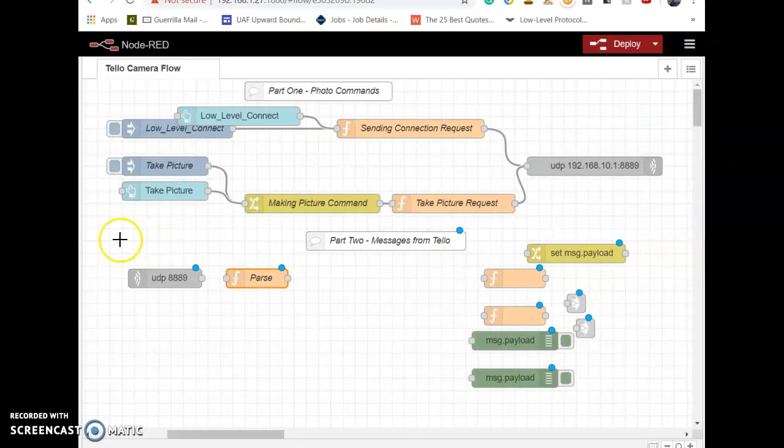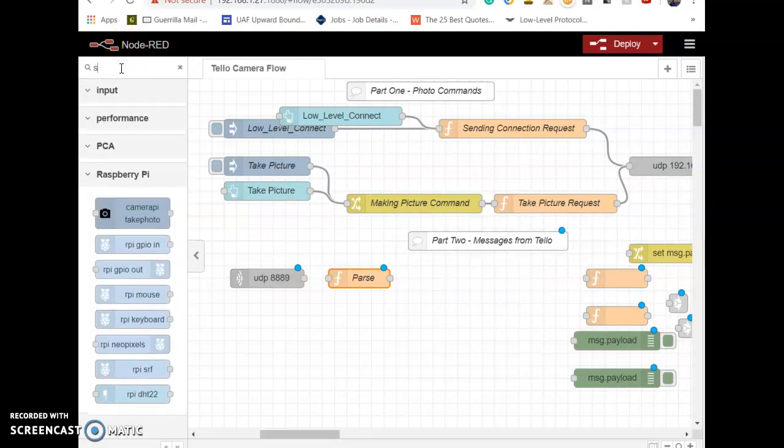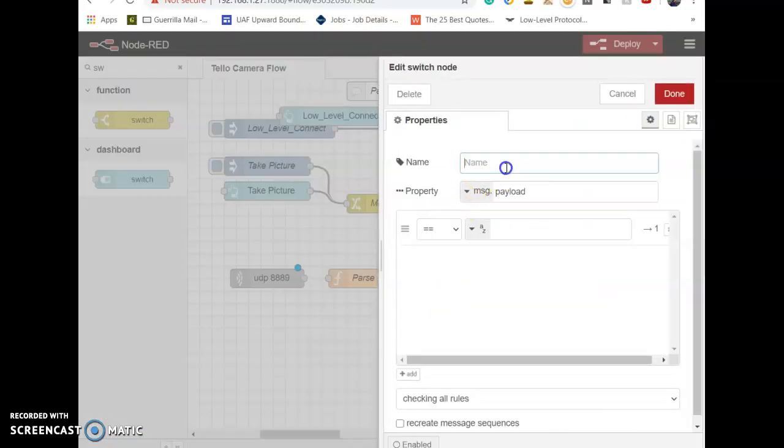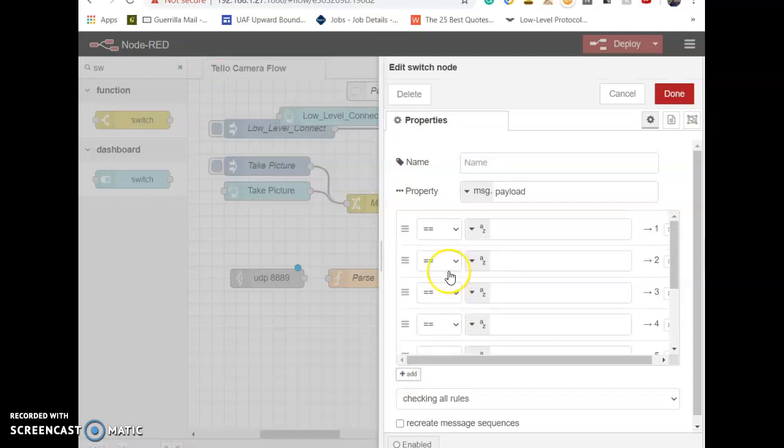Then, oops, we forgot a node. We're going to need a switch node right here. We'll need 8 fields. The first should be equals to number 86. The next equal to number 26. Next equal to number 50. And the next equal to number